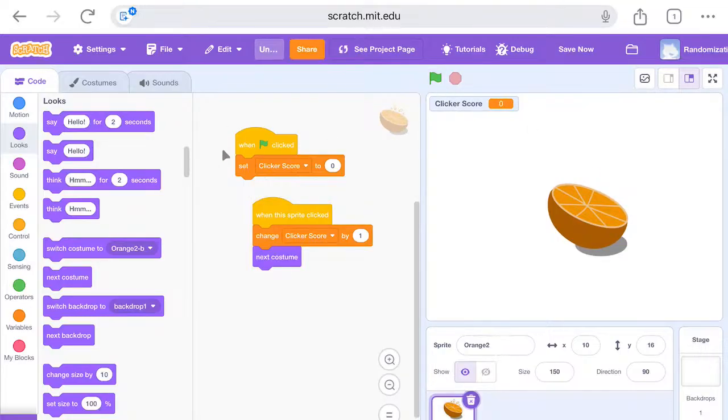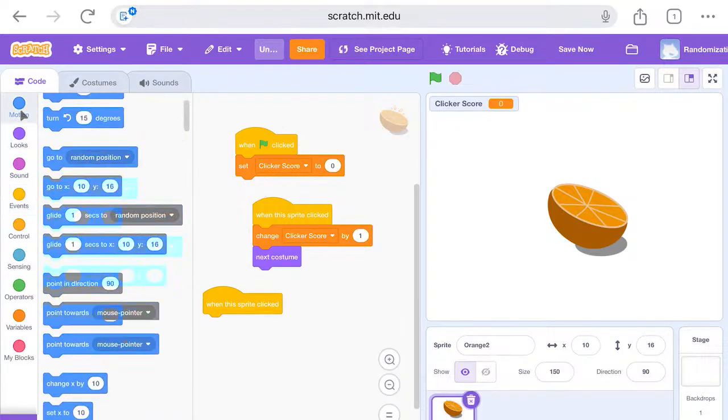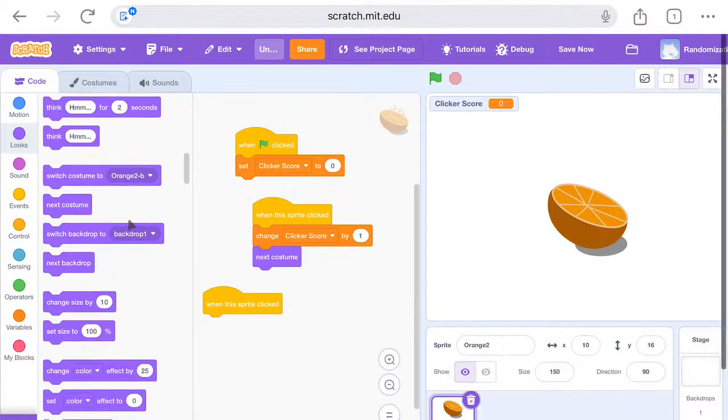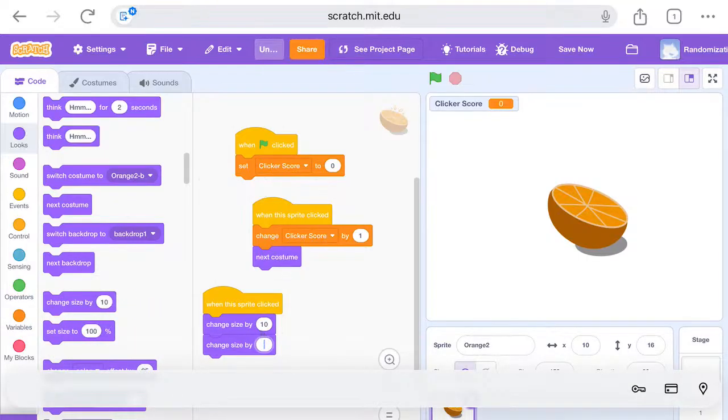So now we want it to do like a motion thing. And then when this sprite clicked, looks, change size by 10, change size by -10,